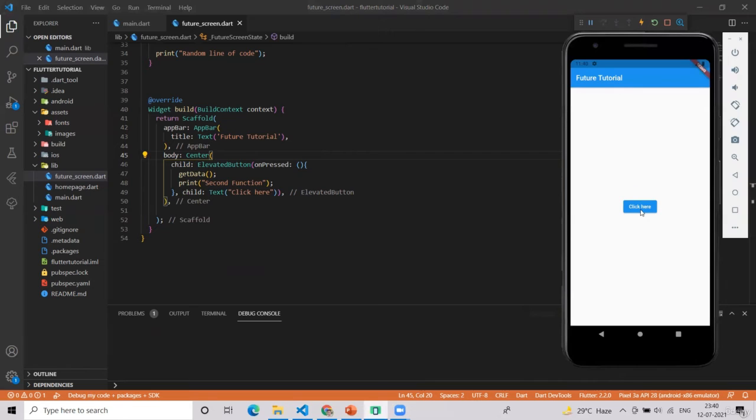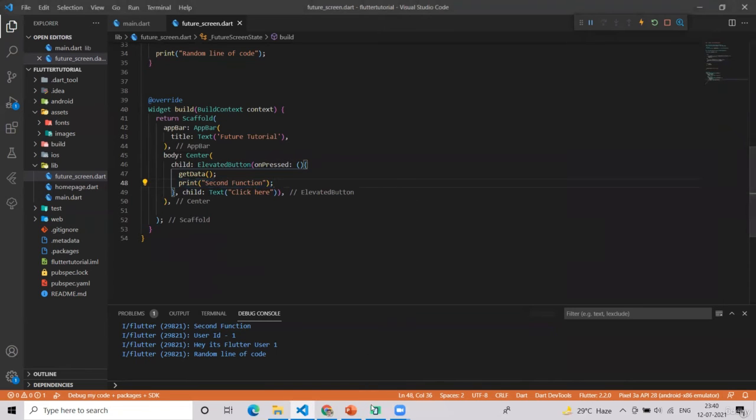When I click here, see, second function is executed first and then this get data, because Flutter knows that it's a future. So it didn't wait here and went to this line of code.